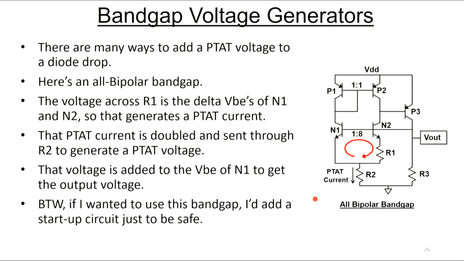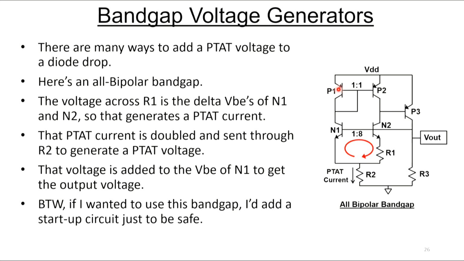So here's an all bipolar bandgap. Now let's talk about how this works. So if we go around this loop right here, you can see that once again, the drop across this resistor is going to be the difference of 2 VBEs. So that generates a PTAT current. So this PTAT current here,